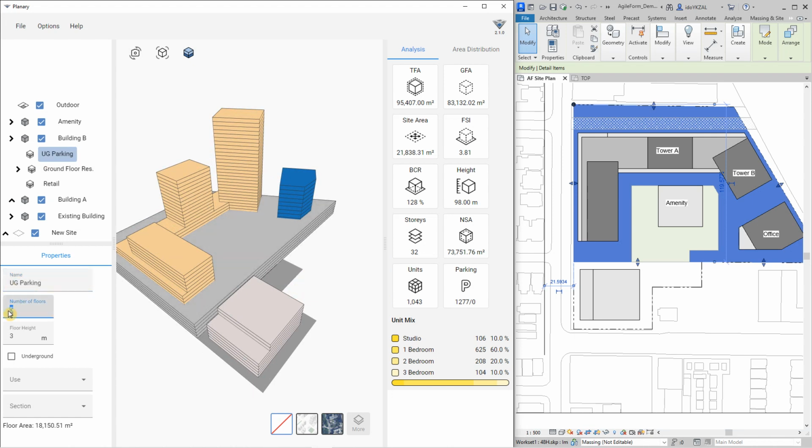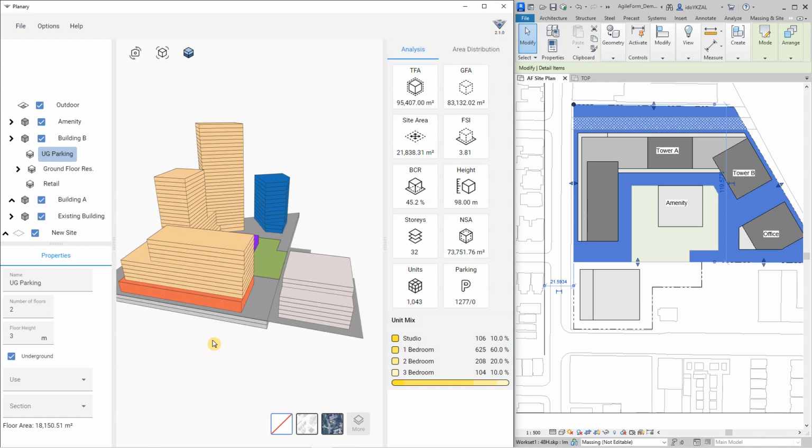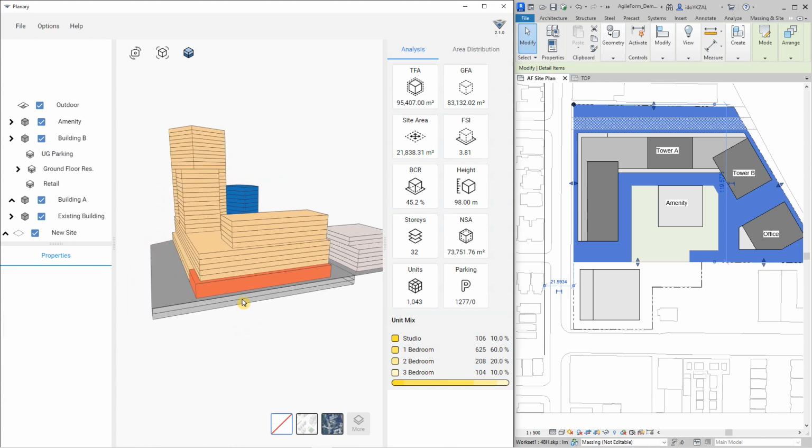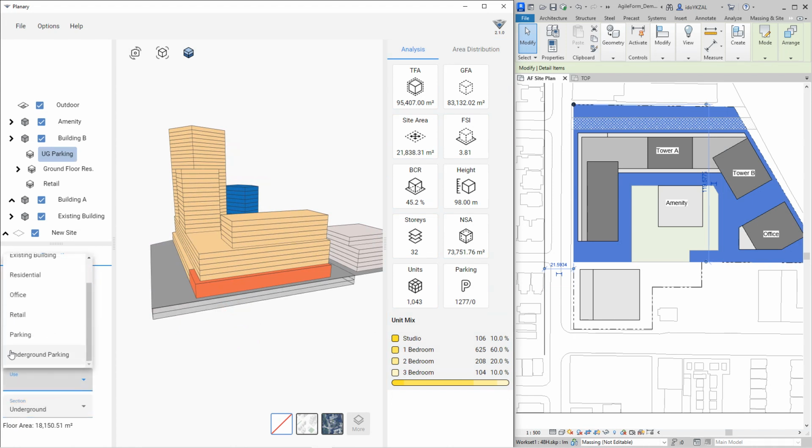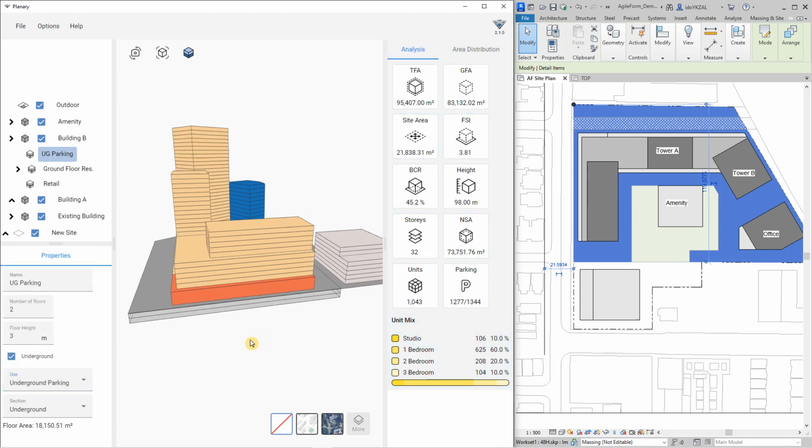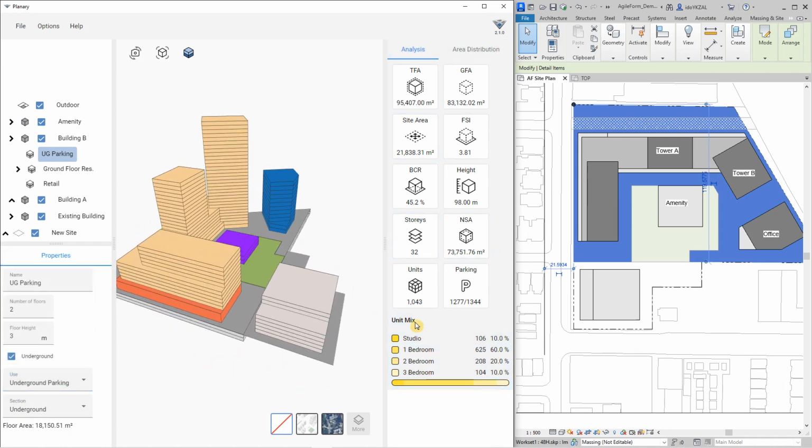And it's going to be 2 stories. We can see here a checkbox that says underground. I'm gonna check it and my parking will be flipped to be underground. Select underground parking for the use. We can instantly see the number of provided parking.